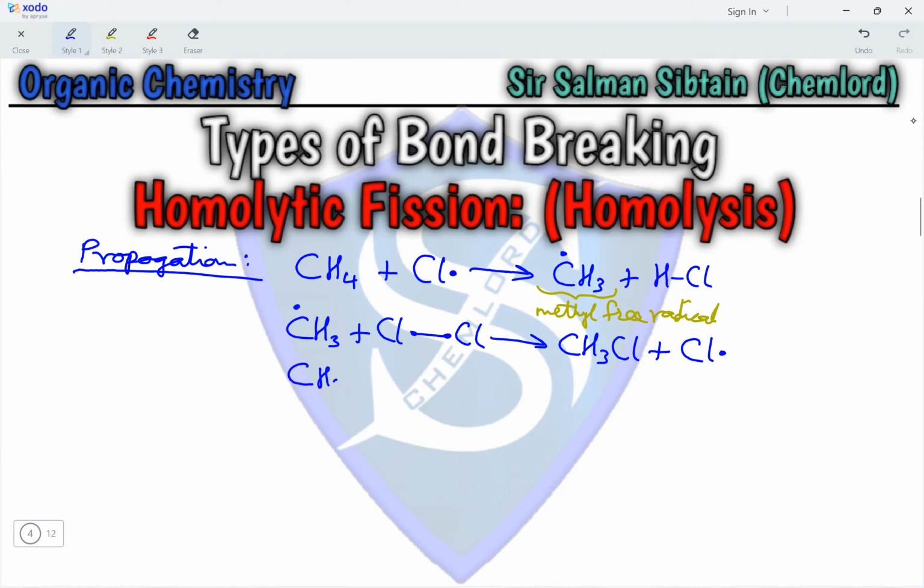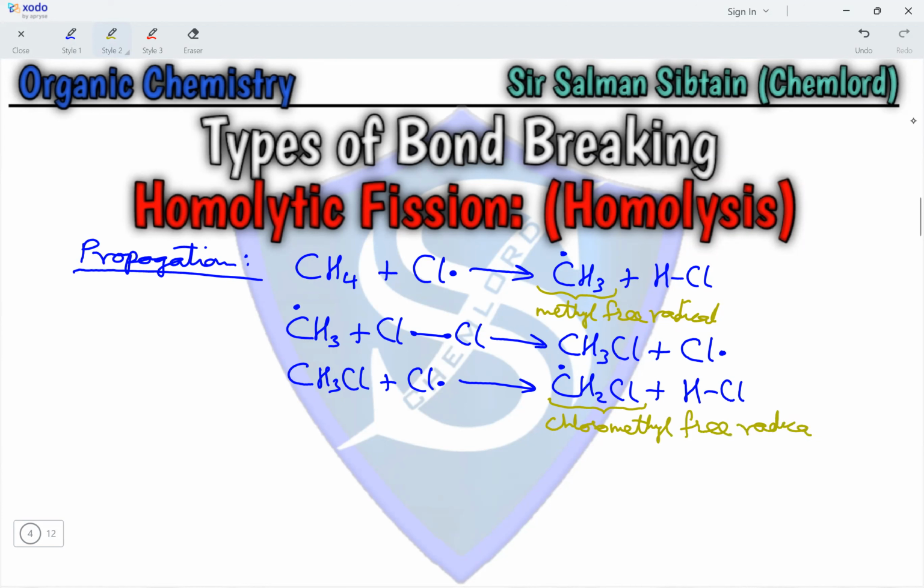So if it attacks CH3Cl, what it does is it takes away one hydrogen atom, producing CH2Cl radical, and itself being converted into HCl. So as you can see, this is a chain reaction taking place, each step producing a new radical, that radical attacking a molecule, producing another radical, and itself being converted into a molecule. So the new radical produced is called chloromethyl free radical. In this way, the reaction will continue until all the hydrogen atoms in methane are replaced by chlorine